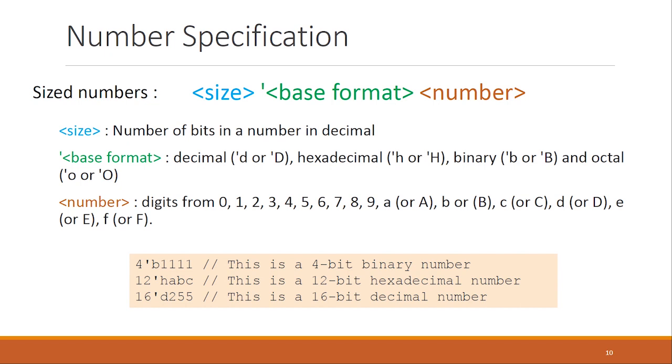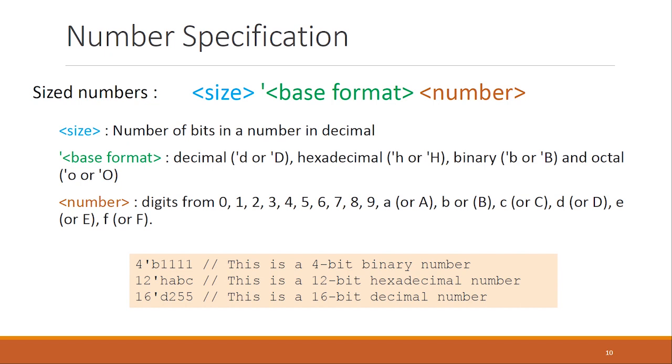Say for example you take the number 10, and you can represent this number 10 in 4 bits, and also you can represent the same number in 8 bits, and also in 100 bits. That is possible. So this size means the number of bits to be used to represent this number,